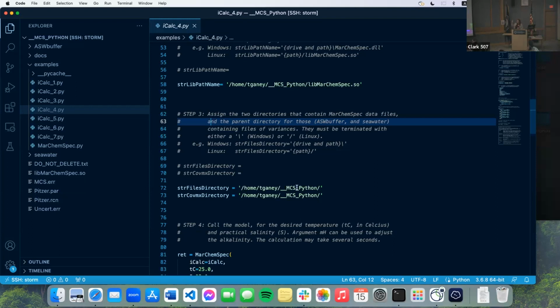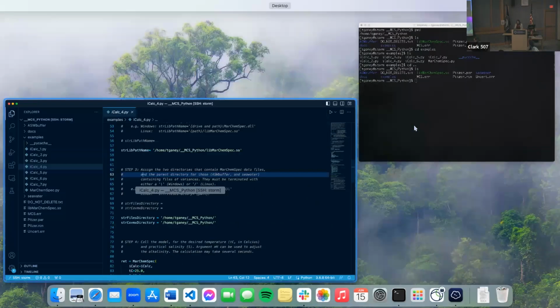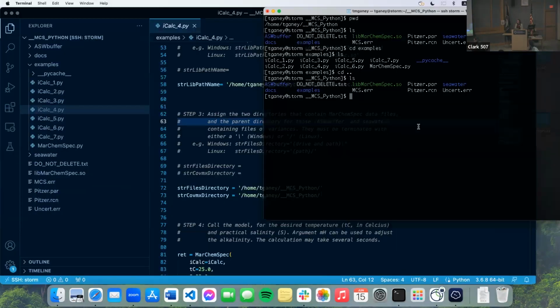If you're on Windows, all of these file paths will look a bit different. The slashes will go the opposite direction. But I think in terminal, you can still just determine where you are by typing pwd. Once you've done that, and again, I've done that for the iCalc4.py example, that should be ready to